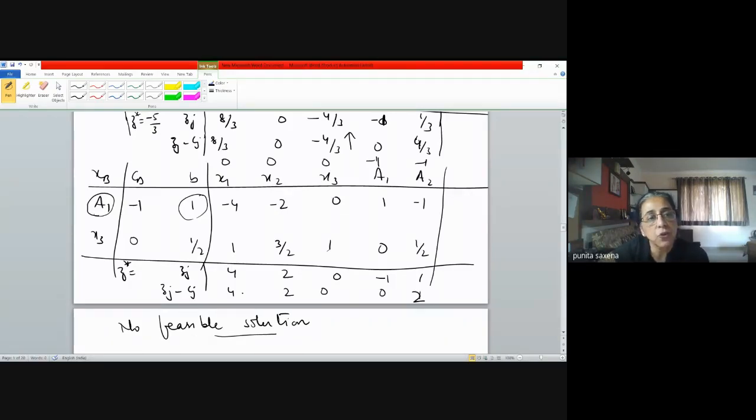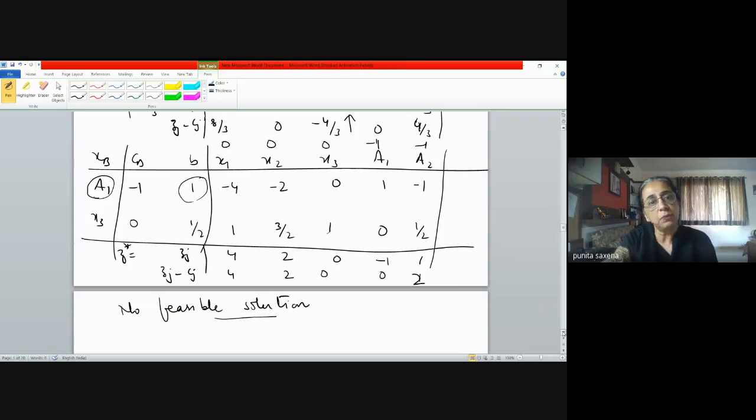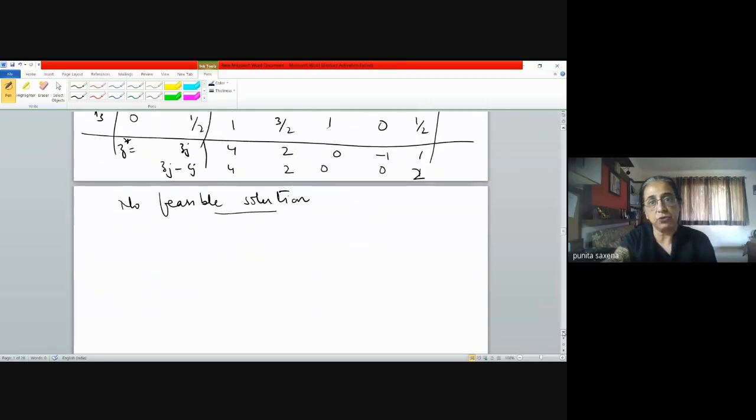So you have an artificial variable present in the basis, but at a non-zero level at the end of phase 1. Therefore, the problem is going to have no feasible solution. Is that clear? That means no need to proceed on to phase 2 in this case. We can just end up here. So this is how your phase 1 and phase 2 can end up, and then you can proceed to find the solutions.